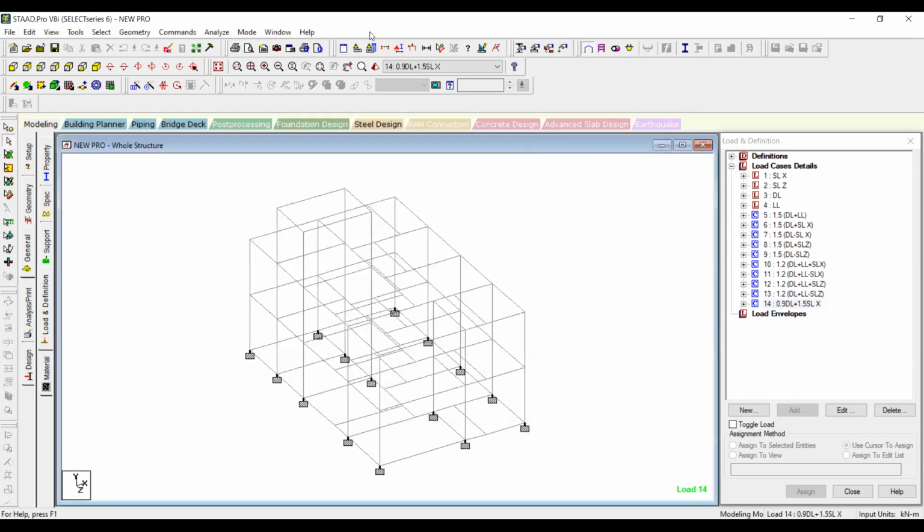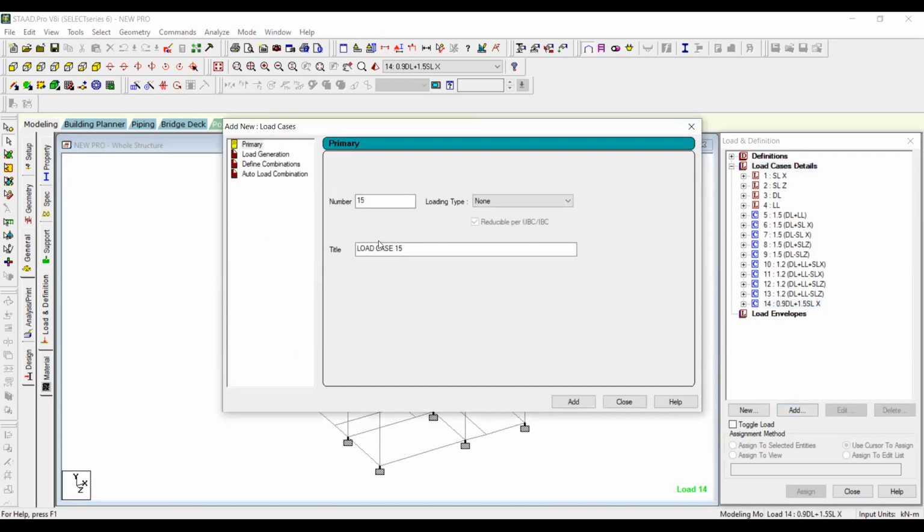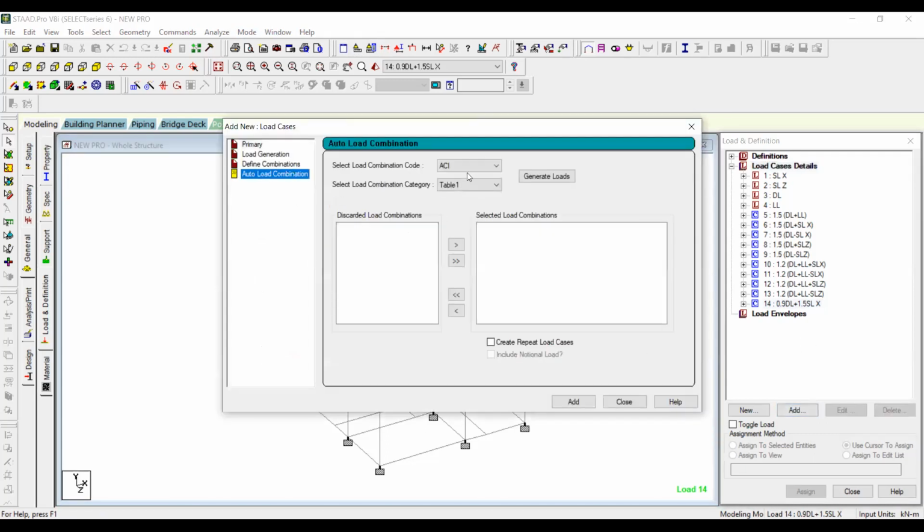Okay, so now what you have to do is go to this load case details, click on this add button. Over here you can see auto load combinations. From here you select Indian code book, and then from here you select the load combinations. Then you have to click on this generate loads. Automatically the loads will be generated in that format.